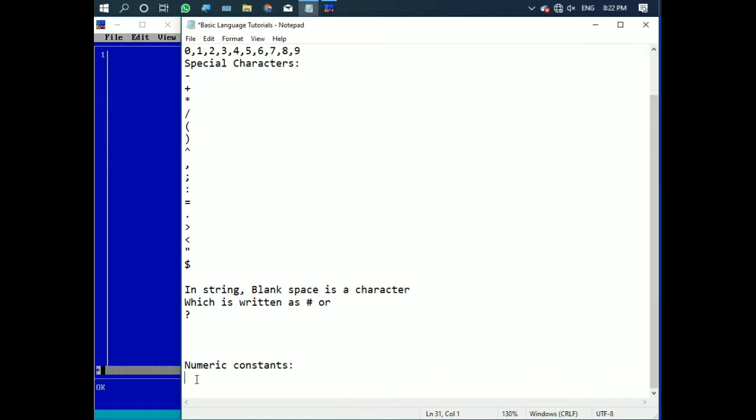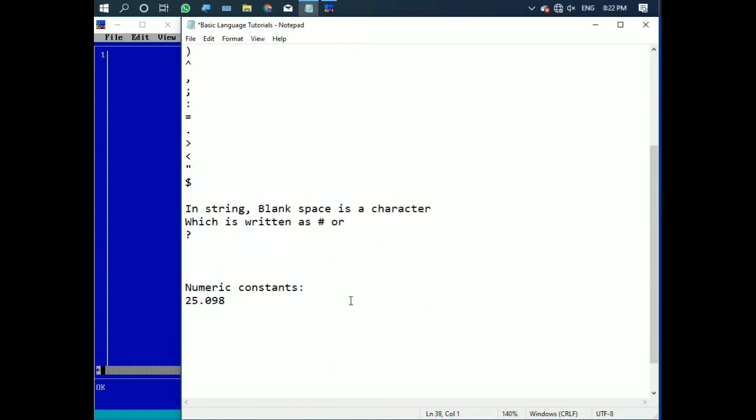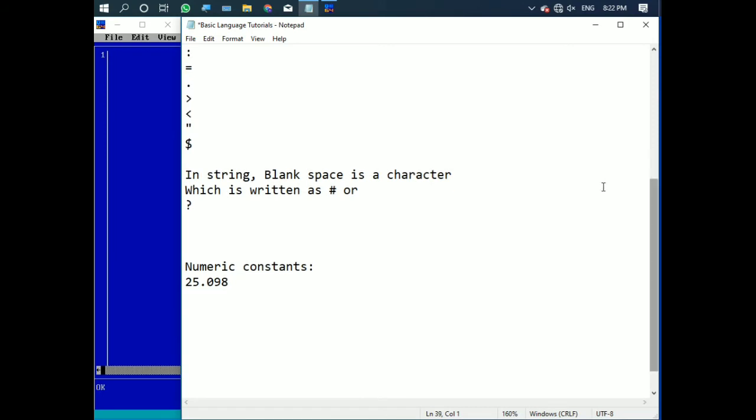We know that a decimal number is, you can say, 25.098, so this is one decimal number. So if I say 25.098, then this is one numeric constant, or an example of a decimal number.